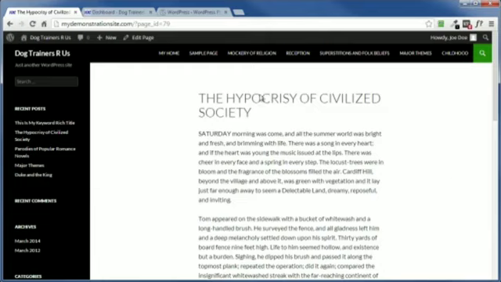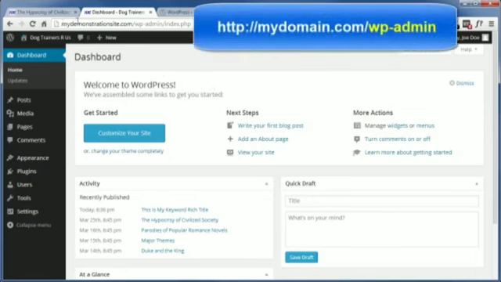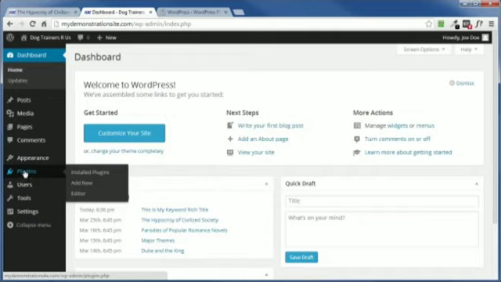Now to do this, we need to log into the dashboard area of our site, and I've already done that here. If you've not or haven't done so before, just put the URL to your WordPress site up here in the address bar of your browser, follow that by a /wp-admin, hit enter, and then a box is going to pop up asking for your login credentials. Enter that stuff, log in, then come on over here to the left side here of your main menu, and